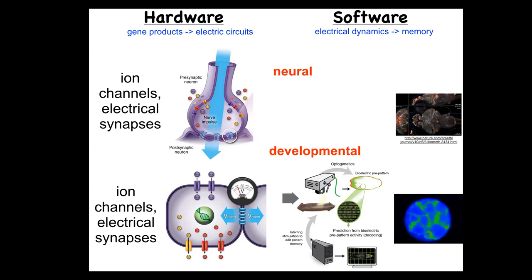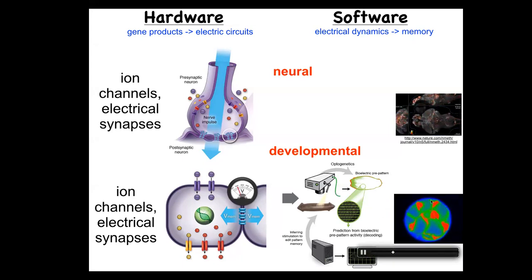Then you could take all these tools, and the amazing thing that we found is that these tools actually don't distinguish. So we distinguish by different journals, different courses in your education, different funding bodies, and so on. Developmental biology and neuroscience are considered different fields. Those distinctions are quite artificial in the sense that the tools don't distinguish them at all. We can port everything from optogenetics to neurotransmitter machinery modulation, the pharmacology for ion channels, active inference, perceptual bistability. I mean, all of this stuff maps over.